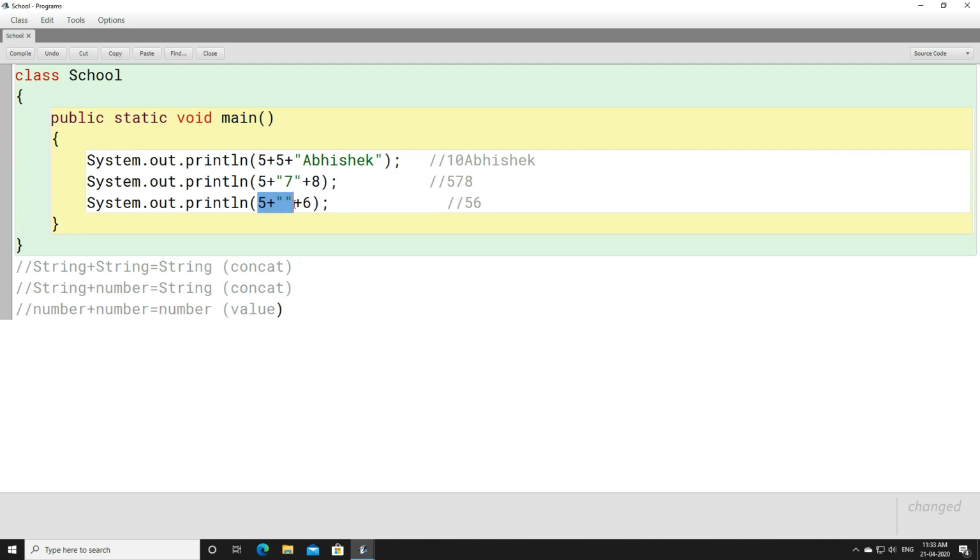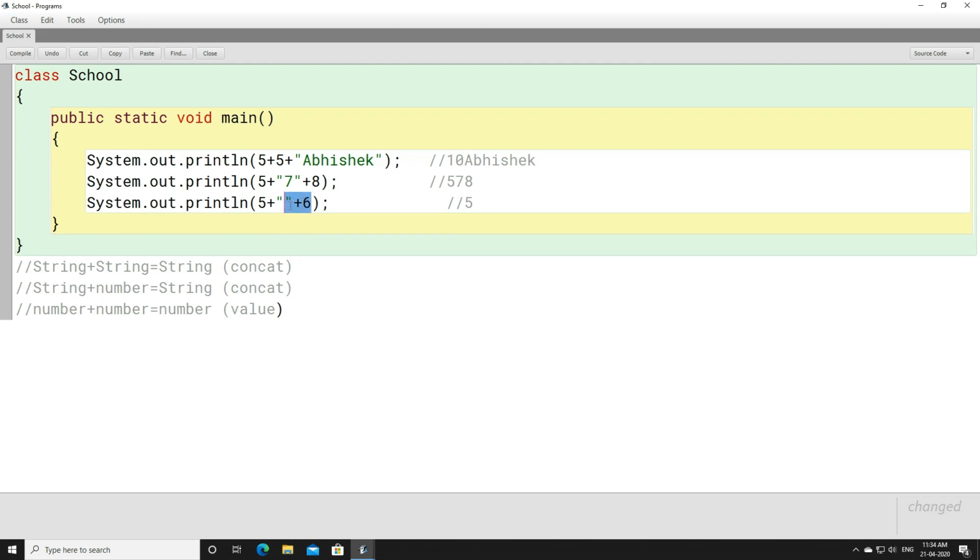So a number plus a null string will give you a string. Number plus string will give you string. So 5 along with that, nothing is there, right? Nothing is written here. So actually what we are doing here is converting this 5 to a string. And how are we converting this 5 to a string? We are adding it with a null string. And when you add it with a null string, nothing will get printed here. After 5 nothing will get printed, but 5 will get converted to a string. The reason is we are adding 5 to a null string. So the whole thing gets converted to a string.